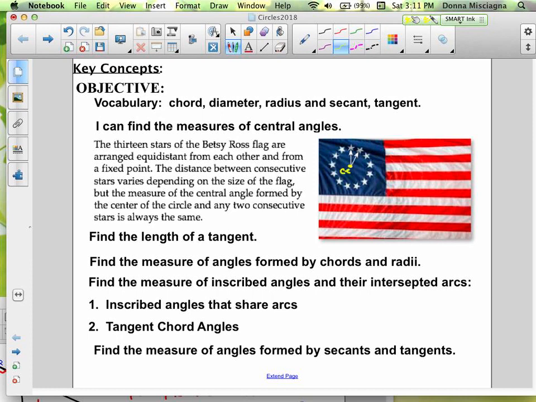This is the center of the circle. A segment that goes from the center to the edge of the circle is a radius. If we look at the angle between two radii,